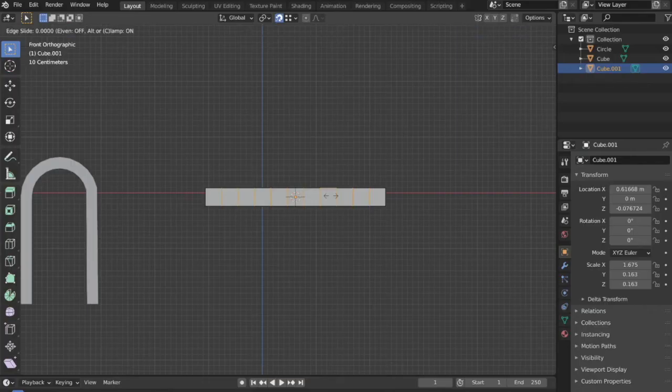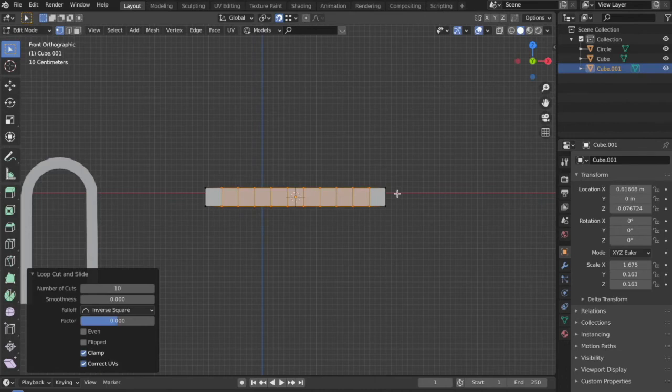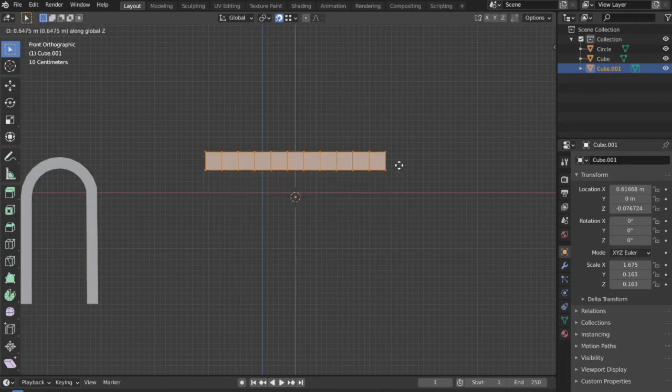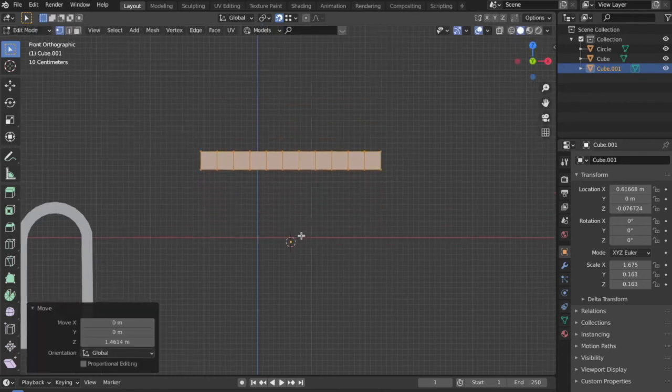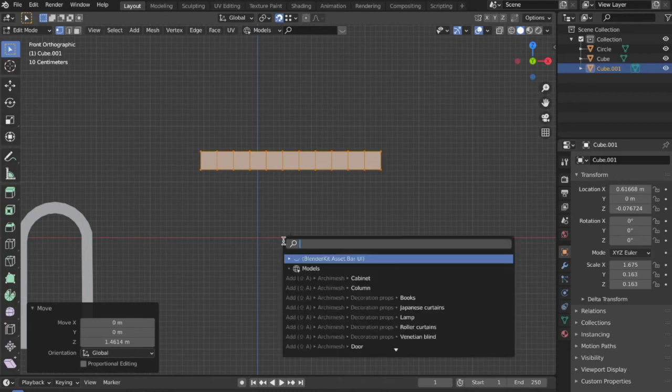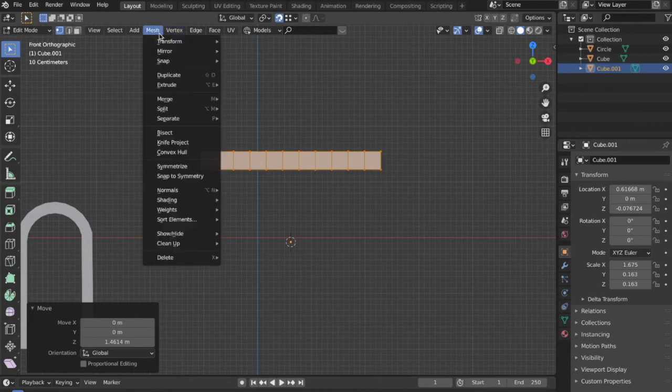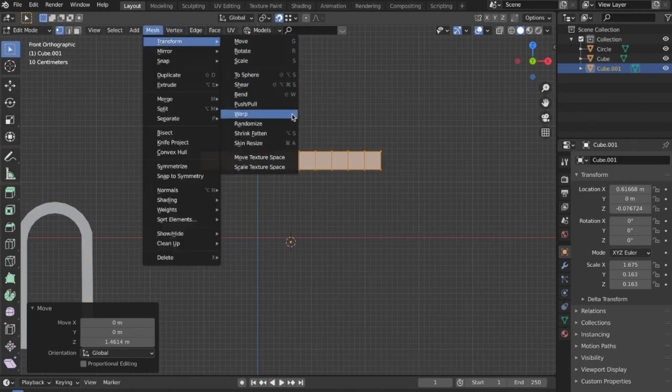Now that we have done that, in the edit mode, select the whole mesh by pressing A, then we'll press G, and then we'll press Z. So what happened is that the origin of this geometry got aligned with the 3D cursor. So as the origin of the geometry is along the 3D cursor, both of them will become the pivot point for the warp tool. Now to use the warp tool, press space bar and over here search for warp. Alternately, you can also go to the mesh tools. In the transform tools, you will find the warp tool.